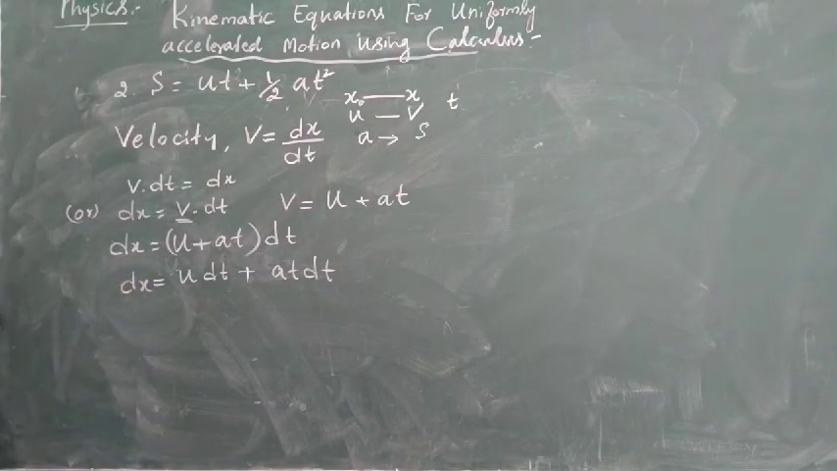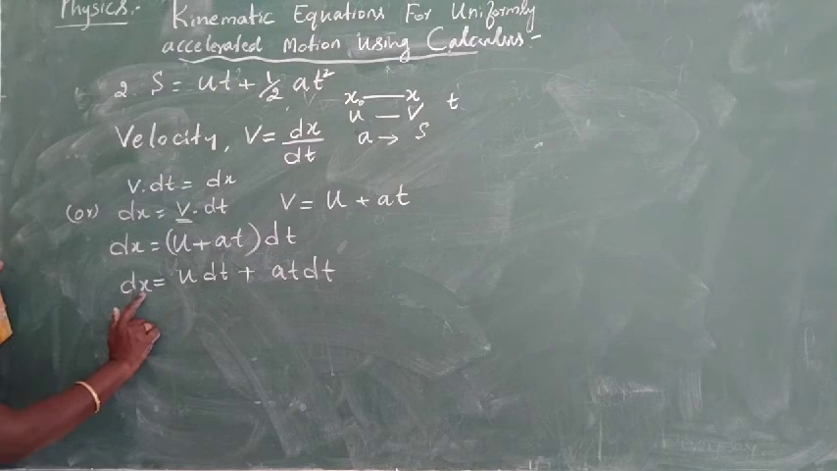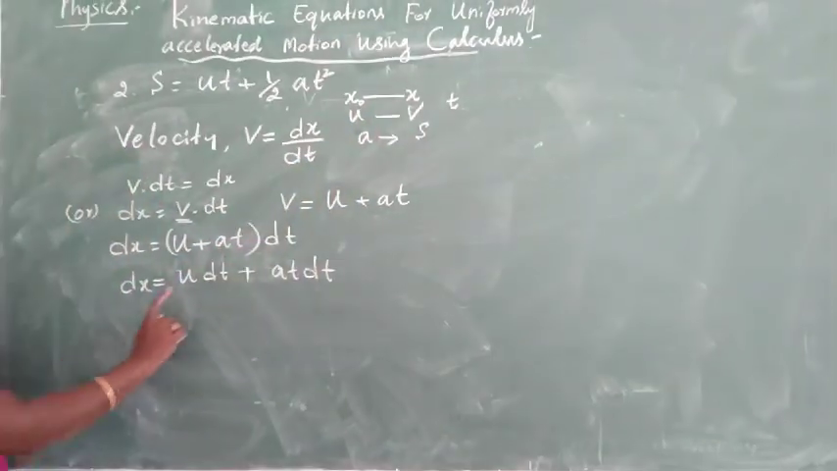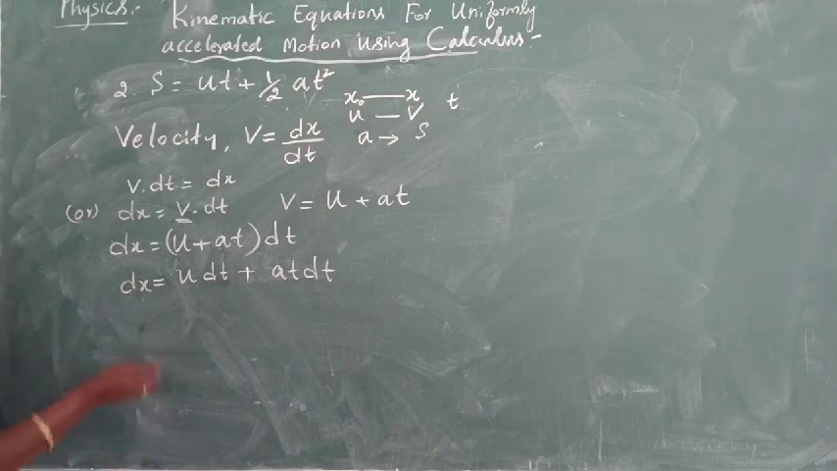A2 into dt. So this equation is the derivative function. This can be integrated, with the displacement x's position changing from initially x naught to x value. U changes, that means here t is a variable, t changes from 0 to t. So I'm integrating